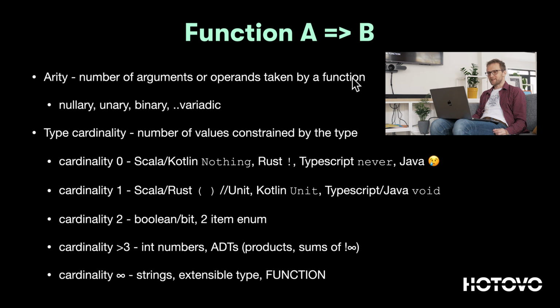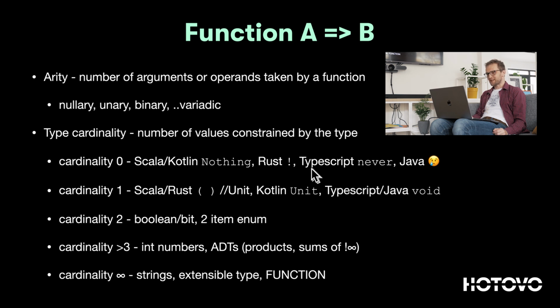Type cardinality means how many values there are in the type, the number of values constrained by the type. I would start with the TypeScript and Java void keyword. It might not be super intuitive, but this is actually cardinality 1. It means that if a function returns void, it doesn't mean that it doesn't return anything. There's actually a single piece of information that the function can return,